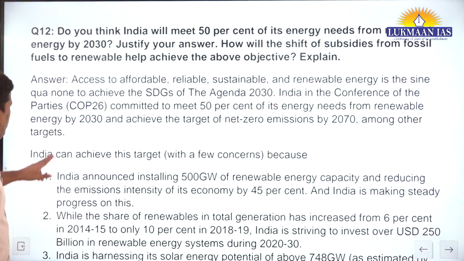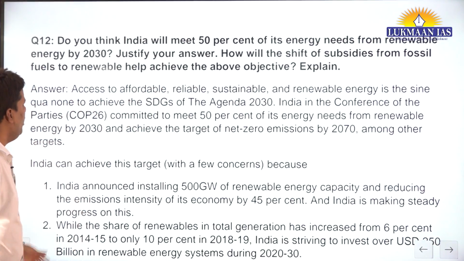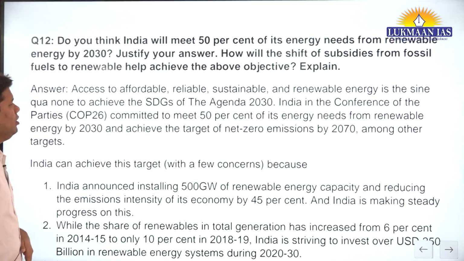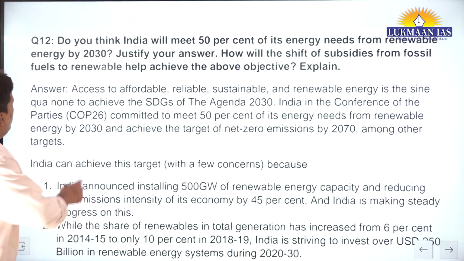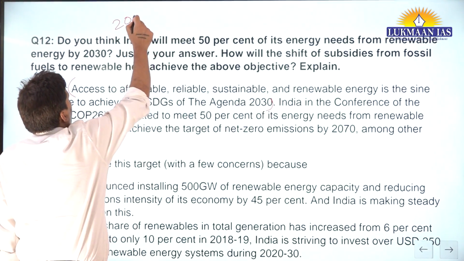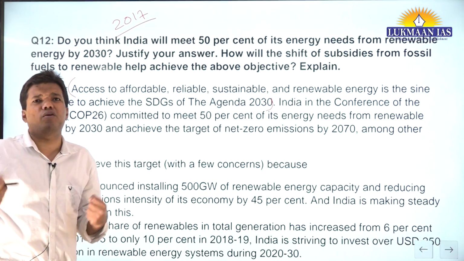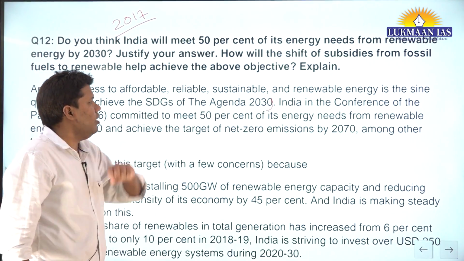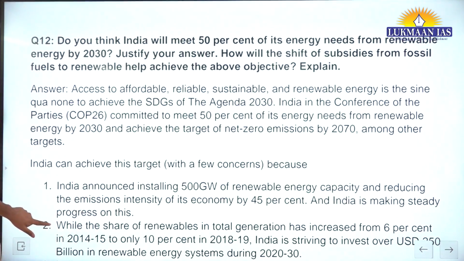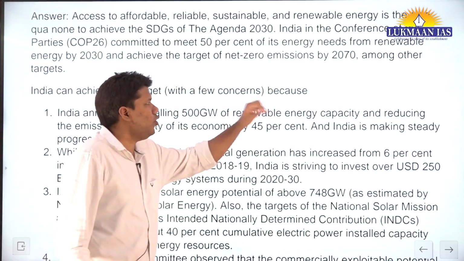2070, big target. Just see. Okay, first line. What introduction have we written? Access to affordable, reliable energy is the sine qua non to achieve the SDG. See how it will come to you naturally. If you recall, in 2017 this was a question as well, I think in the 2017 GS3 paper. So you can take the statements of the PYQs and use them. That kind of language and thought will come naturally to you. So what you are writing is, India can achieve this target with a few concerns, because